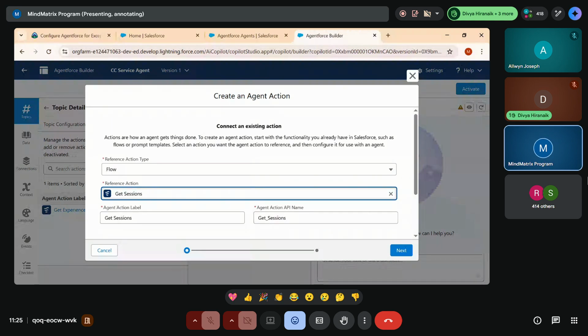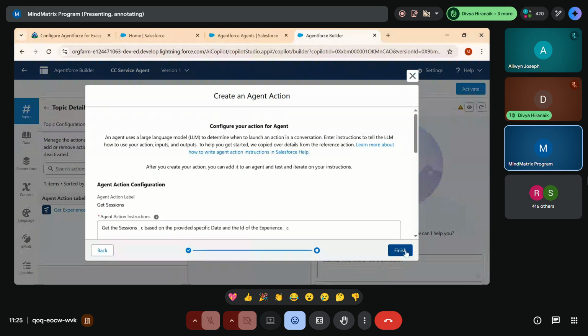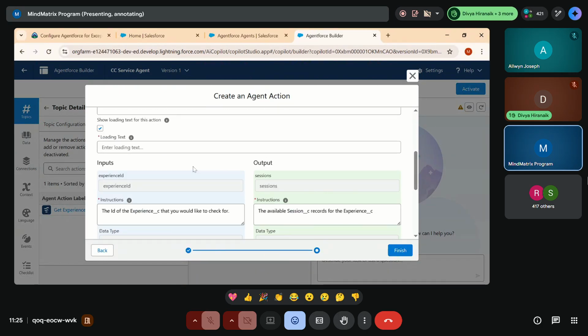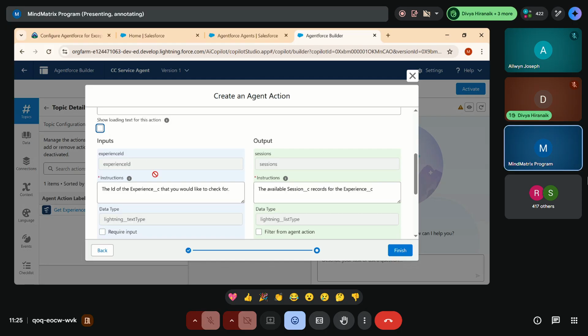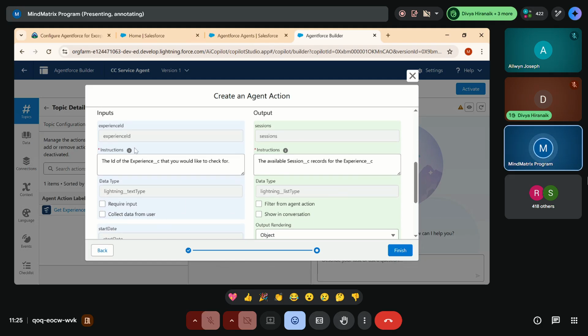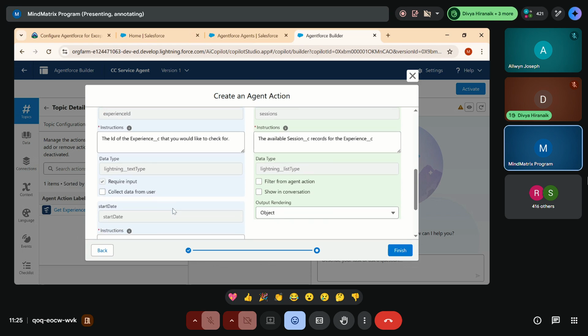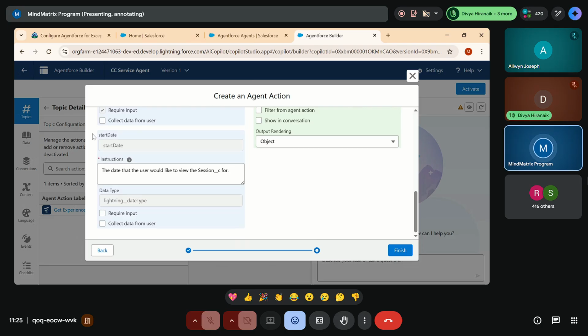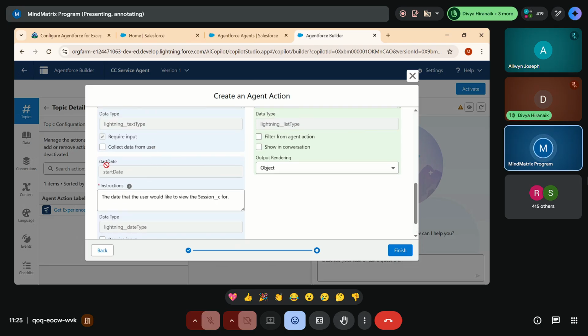So after that, click on next. And then unselect this checkbox, the show loading text for this action. And after that, in the inputs column, select the required input. Also scroll down, and in the start date,